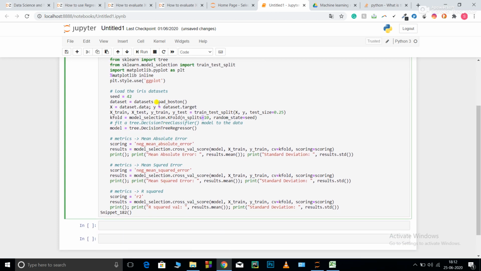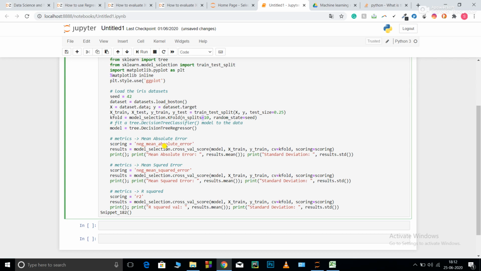Now it's time to understand the metrics that I would use. Neg mean absolute error. sklearn doesn't come with mean absolute error or mean squared error; it comes with neg, that is the negative of mean absolute error. If you just remove the negative given by this scoring parameter, you can get the mean absolute error. The only thing is this neg value should be as high as possible, as we know that minus 2.6 is better than minus 3. So if my score is minus 2.6, this means my model is better than minus 3.